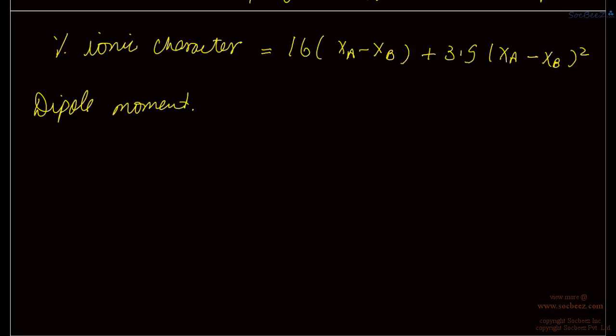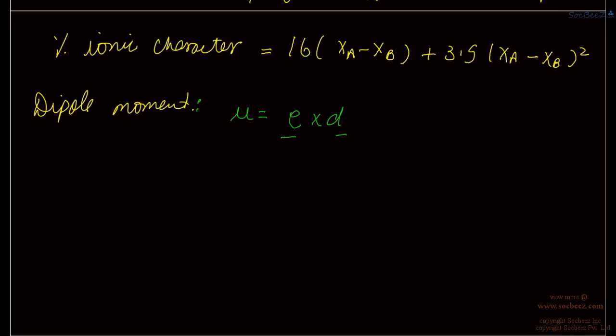Mathematically, dipole moment, or mu, equals e into d, that is, charge (unit charge) into distance between two atoms. Or by using the definition, it is just the polarity of a molecule as a whole, which is the vector sum of the individual bond moments. Okay, so in this case the measure of the polarity of a molecule is known